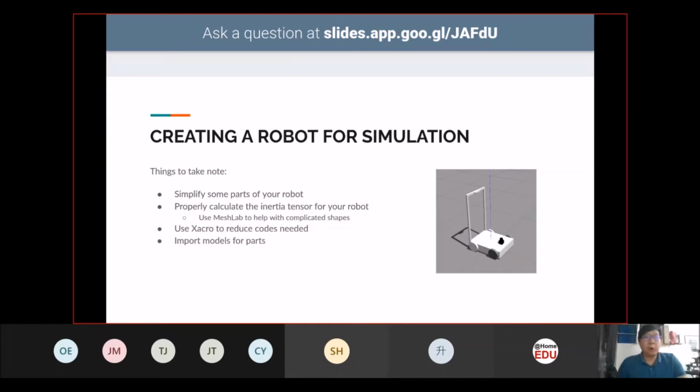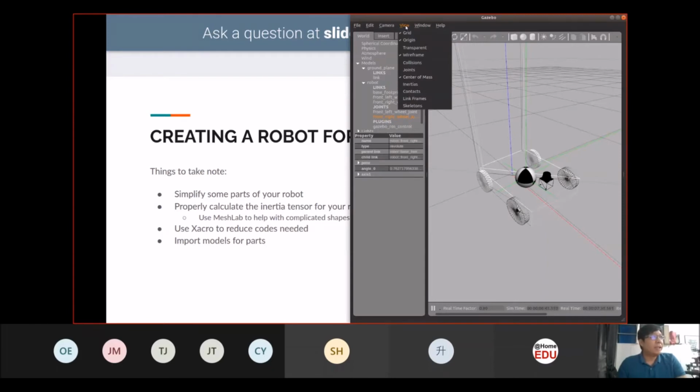So once you have built your robot, it is important to make sure that the inertia is correct. Because if the inertia is not correct, then your robot might behave weirdly. Sometimes your robot might vibrate without any reason or things like that.